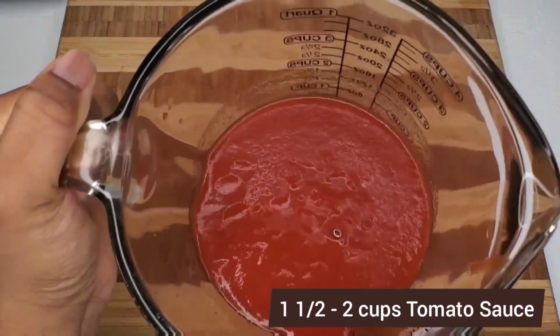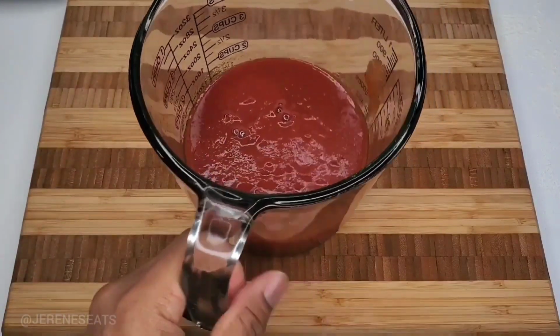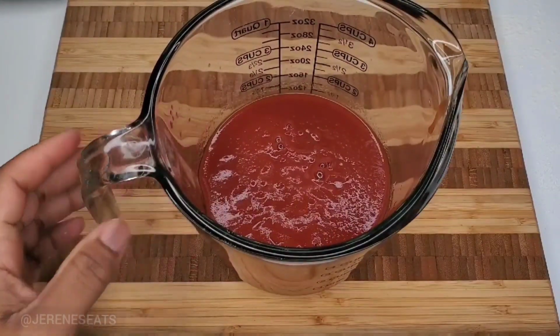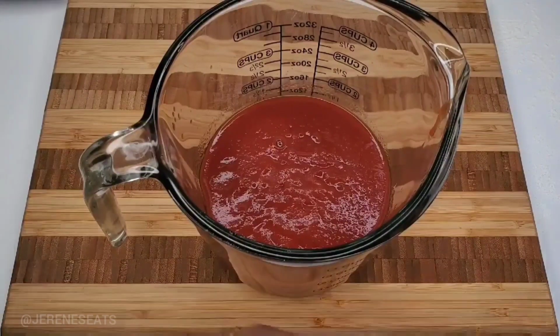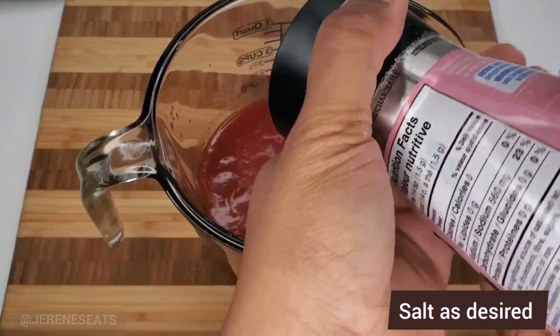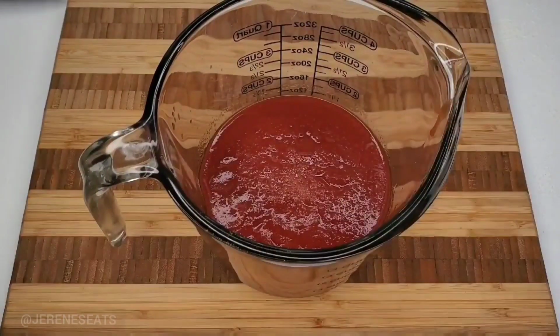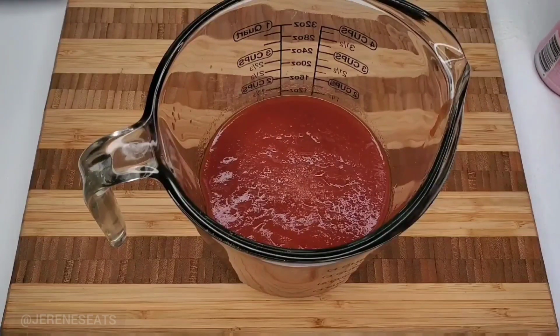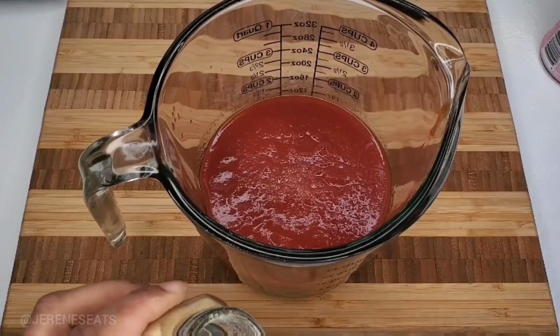So for the pizza sauce, if you already have pizza sauce at home and it's more convenient for you, go ahead and use that. But today I'm using some canned tomato sauce, which already has tomato paste and tomato puree combined. And then I'm just going to go in with some other seasonings and herbs just to make it a little more flavorful. So today I'm going to be making 2 pizzas, and for one pizza I'll be using raw tomato sauce,